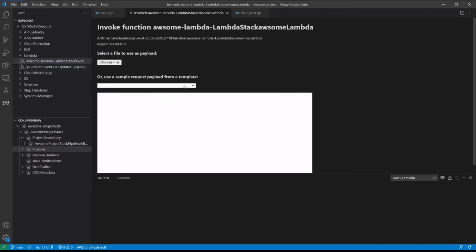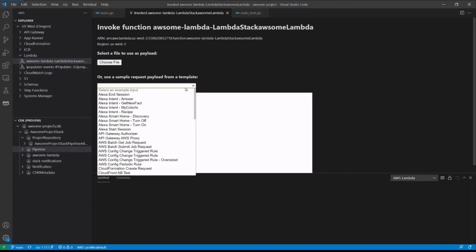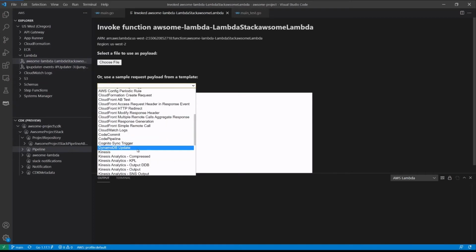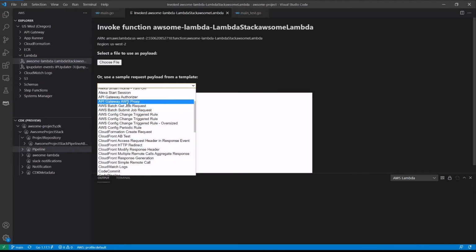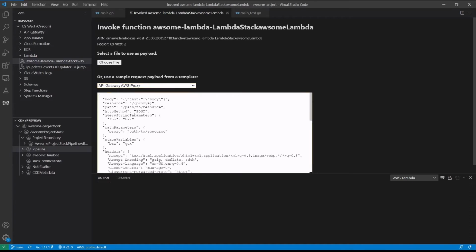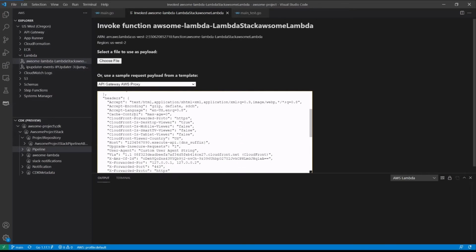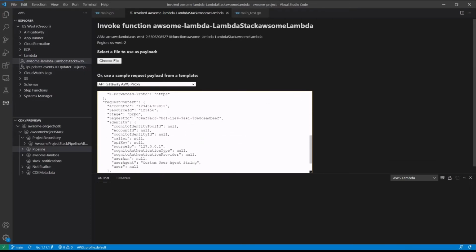Now that brings up another window also provided by the AWS Toolkit. And we can actually type in some payload data. This would be input to the Lambda function. To help us with this process, we can actually use a sample request payload. If we, for instance, were using API Gateway, we might grab the API Gateway AWS proxy, which will provide us with some sample data as though it were being generated from API Gateway.